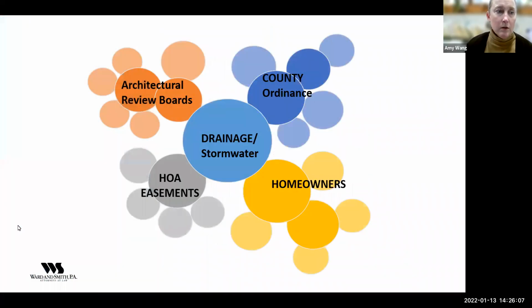So as you can see, there's a lot of overlap between drainage and stormwater. I've been talking about it at the regulatory level, whether it's between local and state authorities, or state permitting regulations, local ordinances, and your restrictive covenants. The overlap also happens at the relationship level between homeowners and the homeowners association, and between homeowners themselves, neighbors.